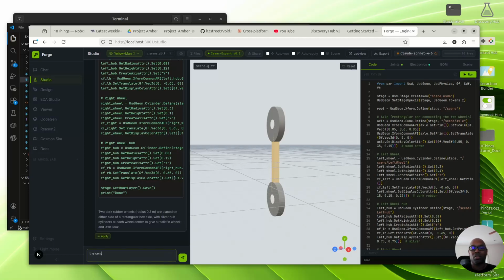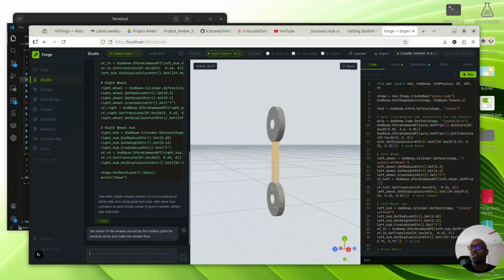The center of the wheels should be the rotation point for revolute joints, and make the wheels blue. Let's see if we can work with that.